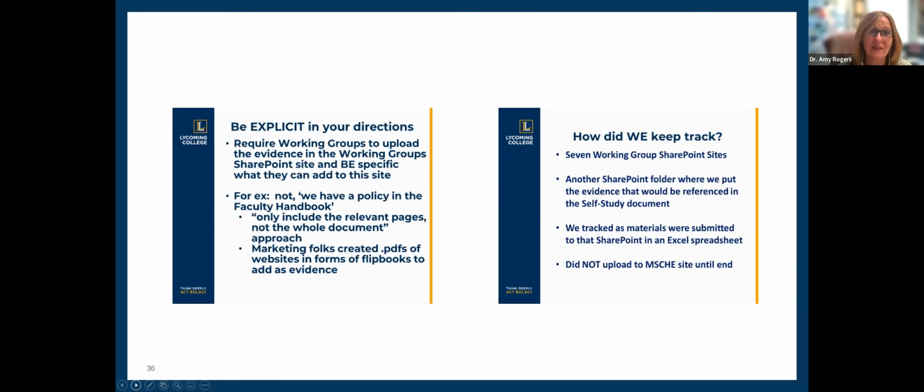And then be explicit. Like we said, we went to the working groups. We divided it up. Eileen and I would just keep going to them. We made sure that she and I both went to every working group's meeting at least once or twice, but we would go to different ones so that we saw every one of the working groups. We would require them to upload everything into the SharePoint site, which we also had access to.